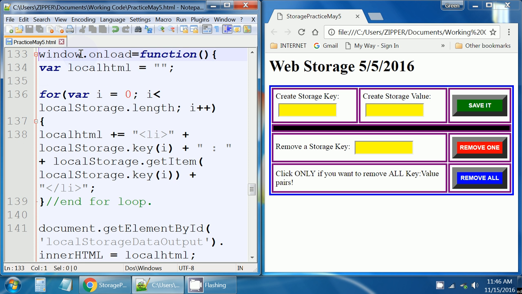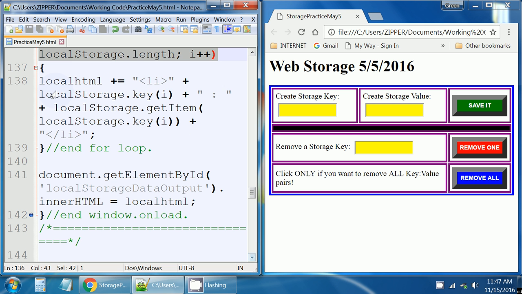So window.unload equals function. Var localHTML equals a blank string. For var i equals 0, as long as i is less than localStorage.length, increment i. So we're creating a for loop here. And in that for loop, we've got localHTML plus equals